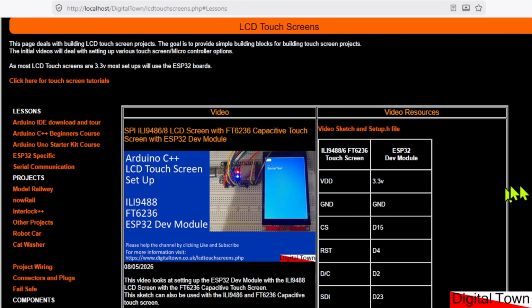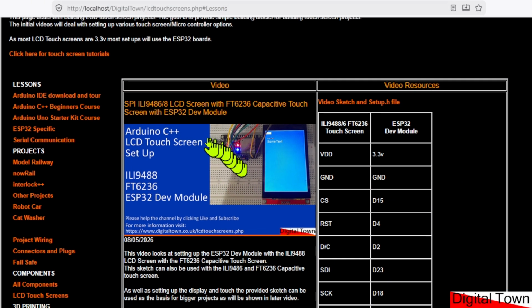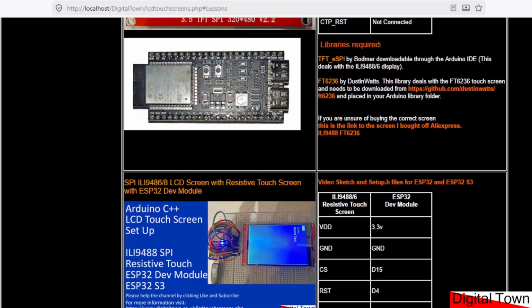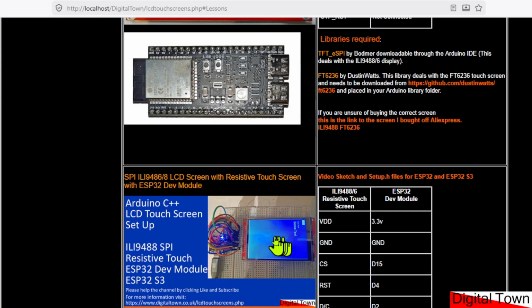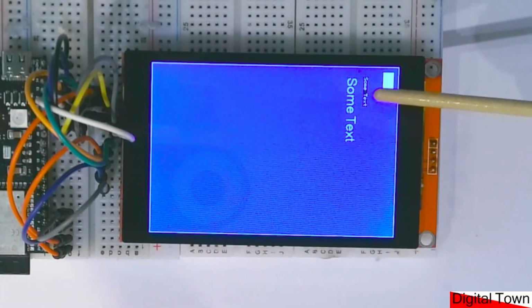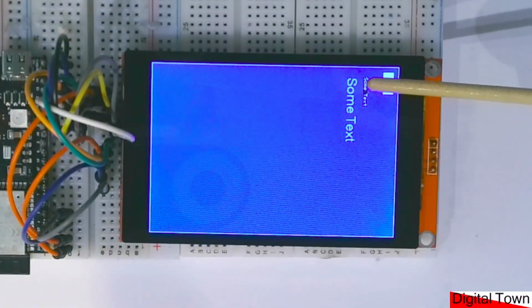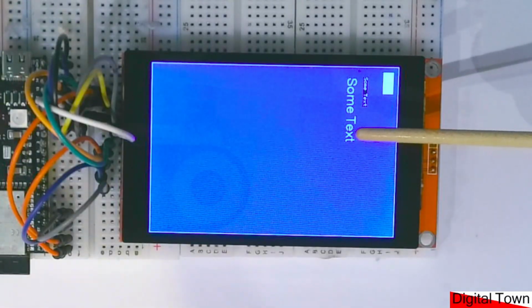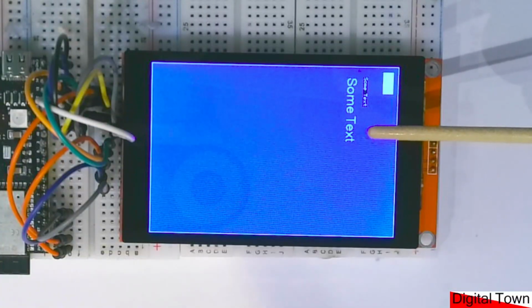Now, when I did the videos on how to set up the various screens and their ESP32s, each of those different videos finished up basically with the same text being displayed on the screen. Now, going over to the webcam, you can see that I had some very tiny text. This was size 1. I then got some other text. This was font 4. Now, technically, you're supposed to be able to use, I think it's sizes 1 to 8,